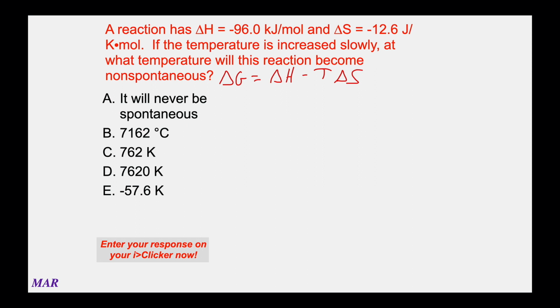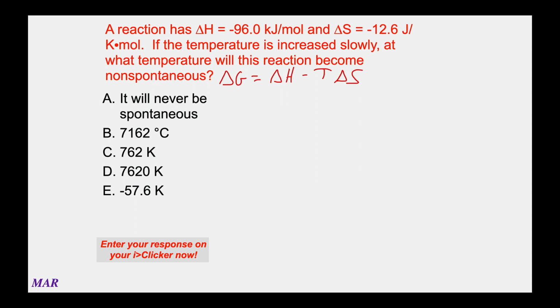But when delta S is negative, delta S is not happy in this reaction. If delta S is positive, it's going to be entropy driven. This is not entropy driven. So they're fighting here. Delta S does not want this reaction to occur. Delta H does. So as temperature goes up, eventually delta S is going to be able to overpower delta H,